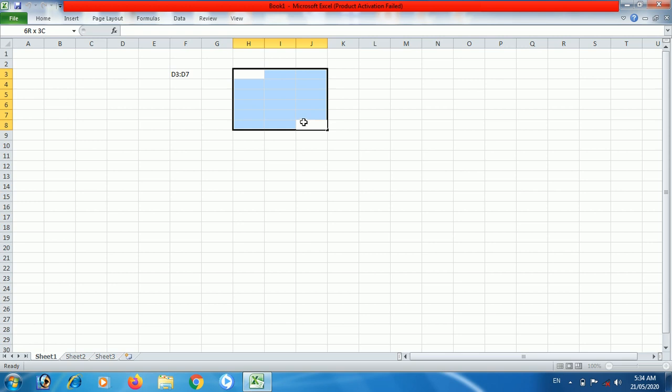These columns will get highlighted, rows will get highlighted, and here in address bar you will see how many rows are there and how many columns are there. That's it. This is for addressing the cell.